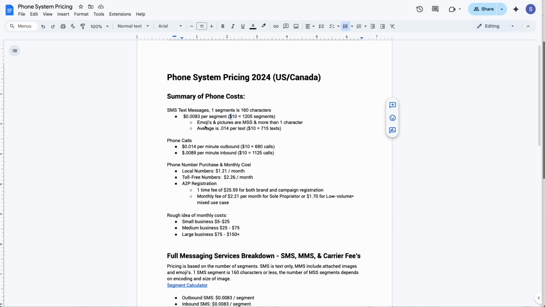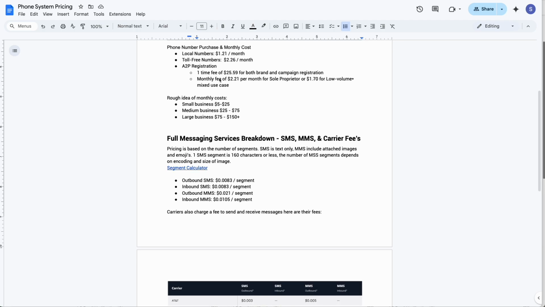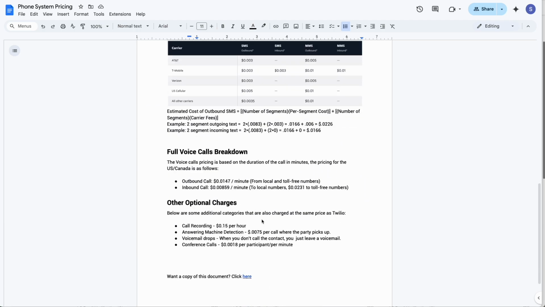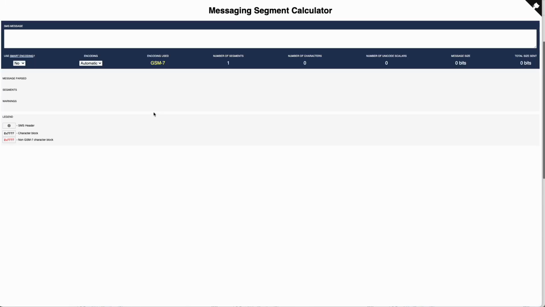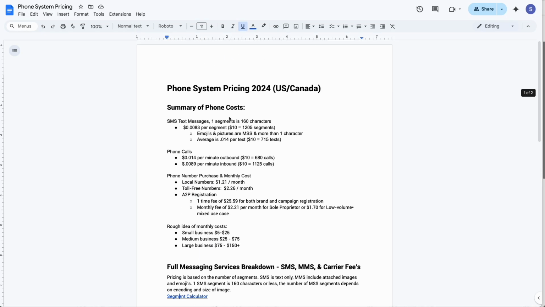Where it gets even more confusing is, if you want to send an emoji or a picture, that's technically called an MMS, which is a little bit different on how they calculate characters. And they're definitely more than one character. I've got the detailed breakdown down here of everything. And there's this calculator here that you can go to where you can put in a text and calculate how many characters it is. It gets really confusing, but long story short, what I've found by looking at bills